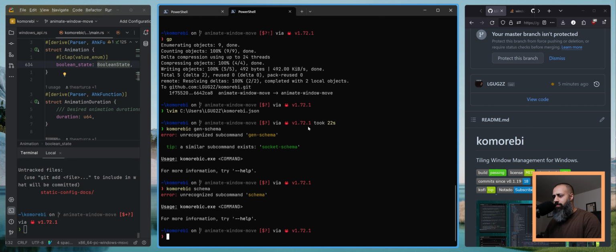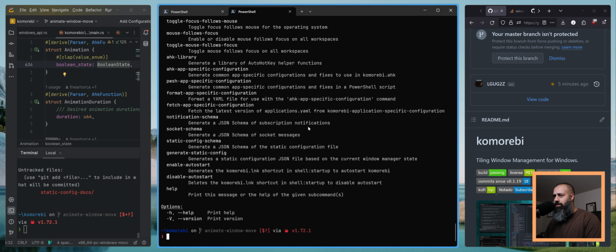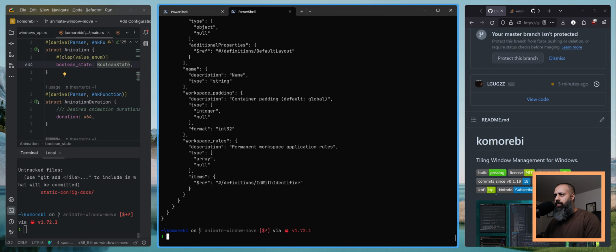That's one of them. So many komorebic commands, I just forget. Static config schema. So komorebic static-config-schema, and then you can redirect this output to like a file or whatever. You just got to reference that in your editor so that you can, because there are a lot of